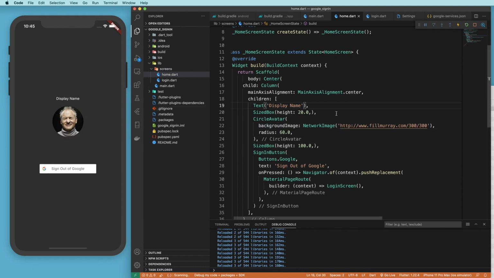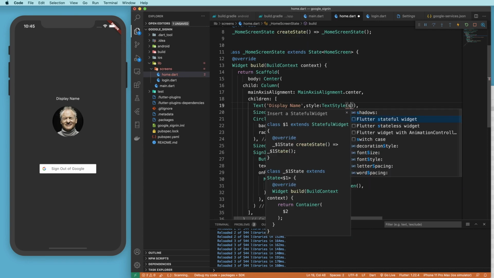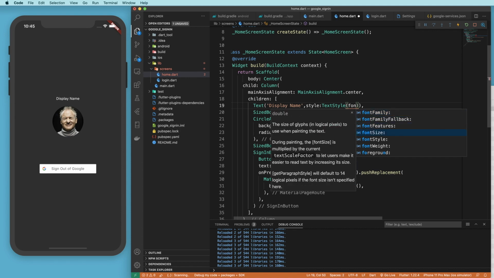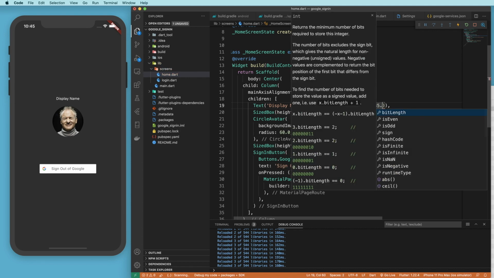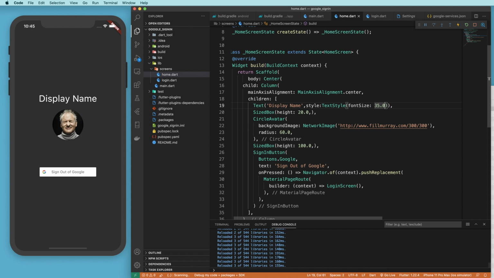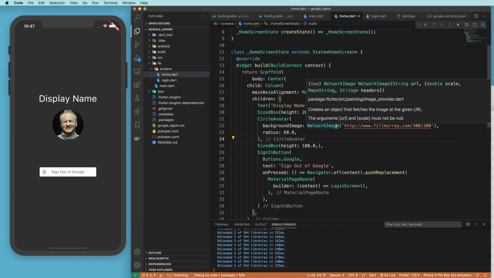Display name could definitely be bigger, so let's add some style, and we'll do a TextStyle widget with a font size of 35. Beautiful. And so that is pretty much our UI. We're going to need to weave in some of the back-end logic or wire it up once we have it. But we're going to keep the visual separate from the business logic, and we're going to do the business logic in a service class, and then we're going to create a bloc to be the intermediary between that service class